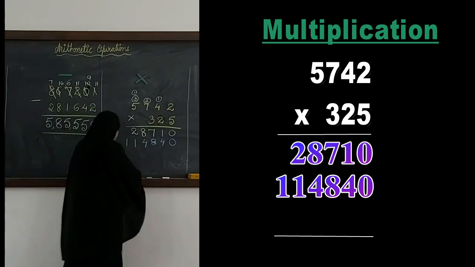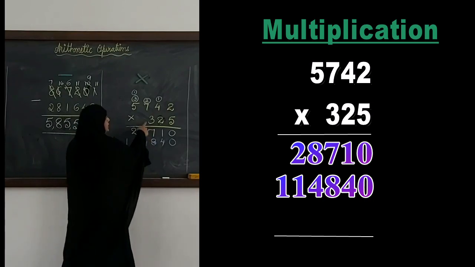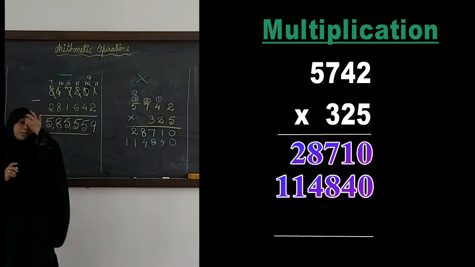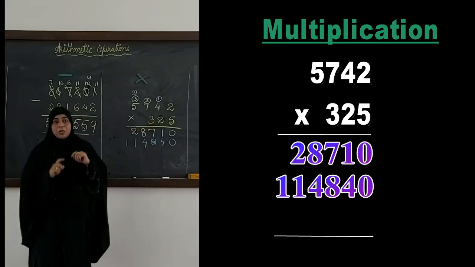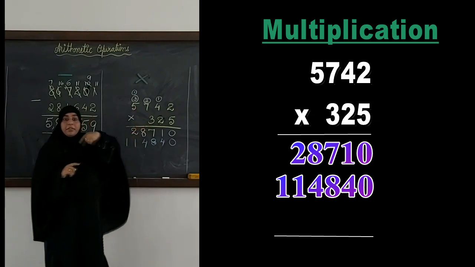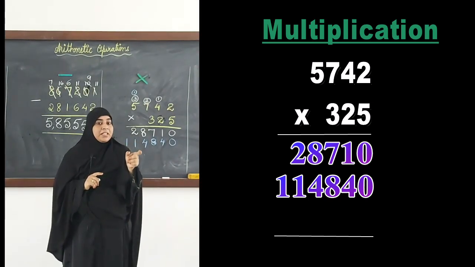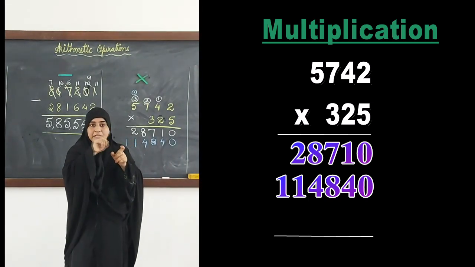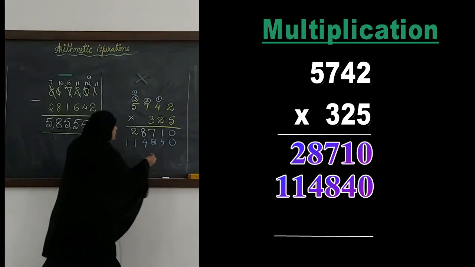Now we will go to our third digit, that is 3. Now the place value of 3 is 300. So actually we are not multiplying this number with 3, we will be multiplying with 300 because the place value of 3 is 300. So 300 has 2 zeros, correct? So those 2 zeros we will write over here.